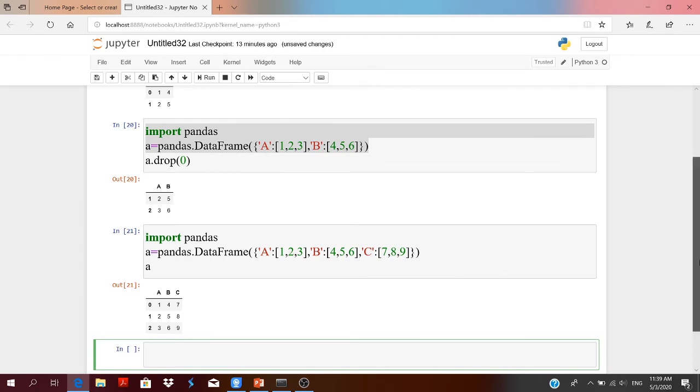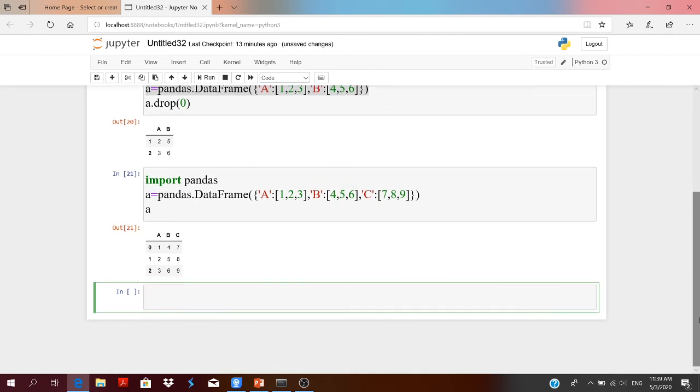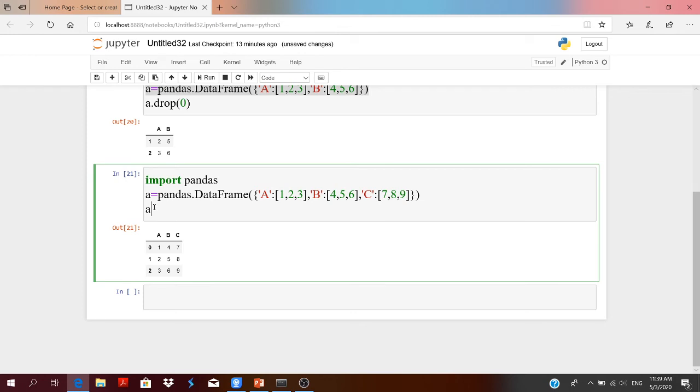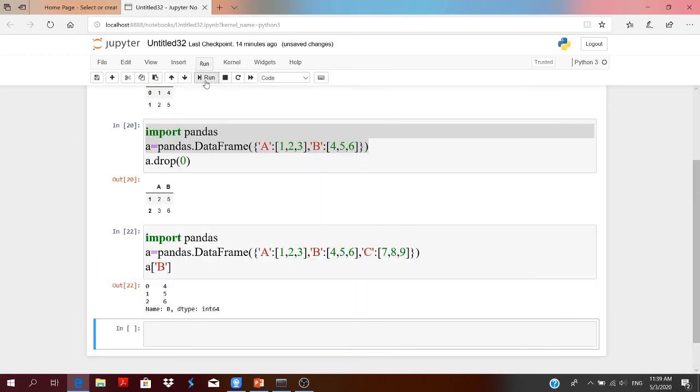It's a data frame having 3 columns A, B and C and 3 rows having indexes 0, 1 and 2. Now you can select only a particular column of your data frame by writing the column name within square bracket. Suppose you want only B column, then you can do it like this.